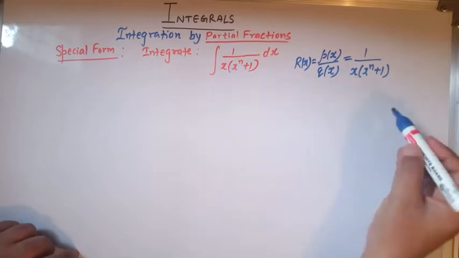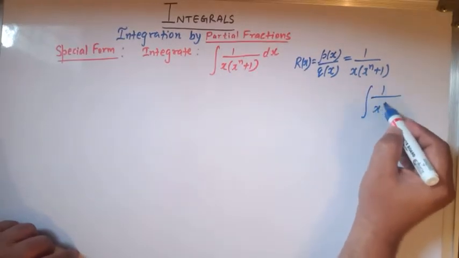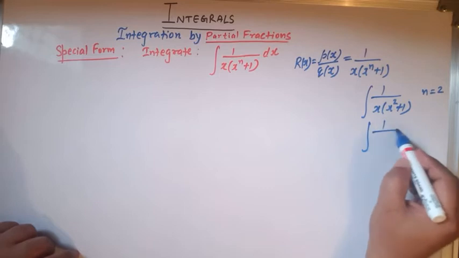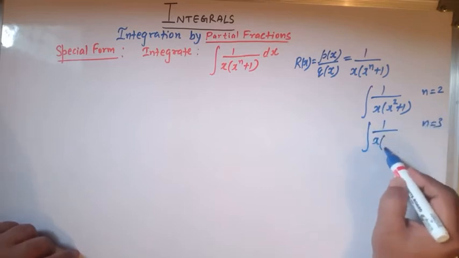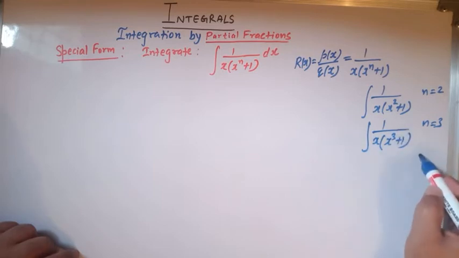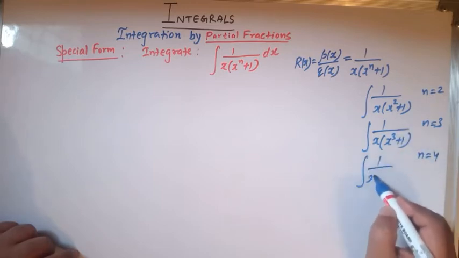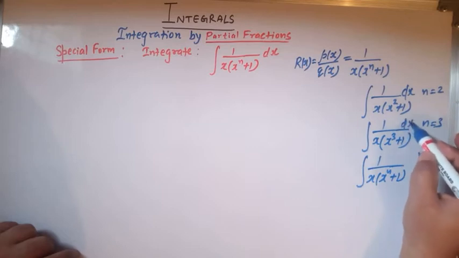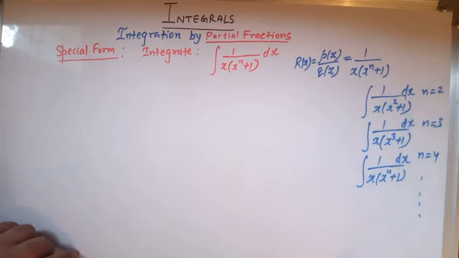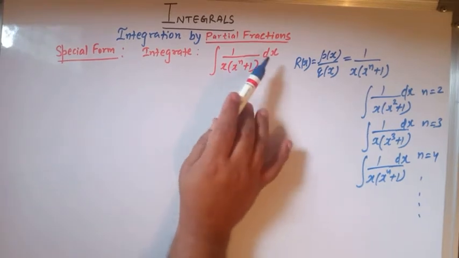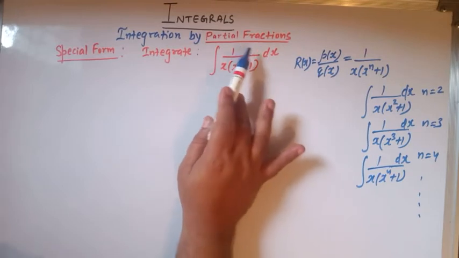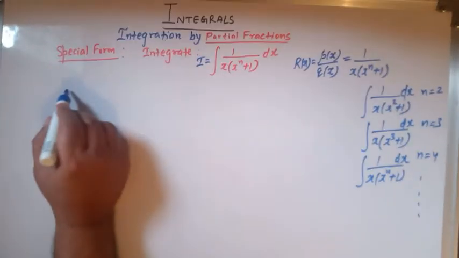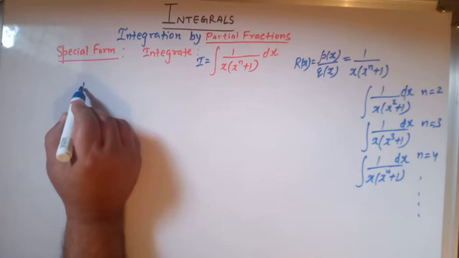If we change the value of n, we can have integrals of this type, say x square plus 1. Here n is 2. If we take n is equal to 3, then we have x times x cube plus 1. If we take n is equal to 4, we have 1 over x raised to 4 plus 1, and so on. Clear? So viewers, in today's class we are going to integrate this function. So let us call this integral as I,